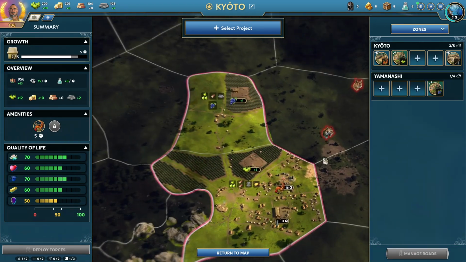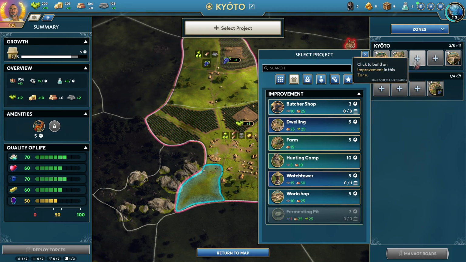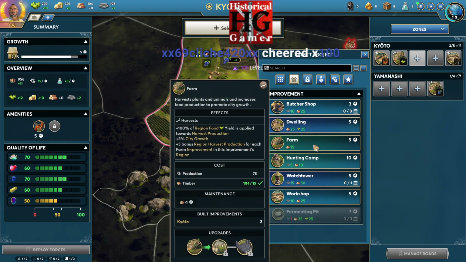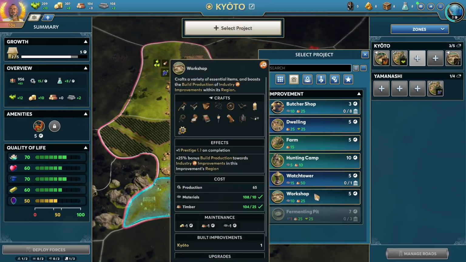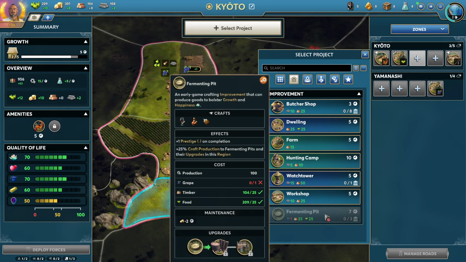So we've got these other sections in our city that are not being used. We could build a butcher shop, which will craft some cured meats. It doesn't consume food, which is interesting. Dwellings, which will increase city housing. City housing is 2 out of 5 right now, so I think we're okay there. We could do farms. We could do hunting camps. Currently, we'd have to expand the city again to make a hunting camp make a lot of sense, I think. Should I have...